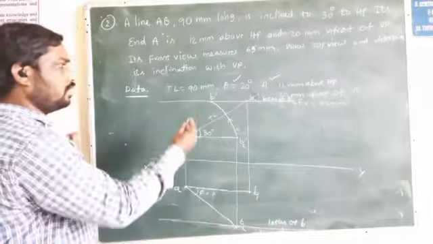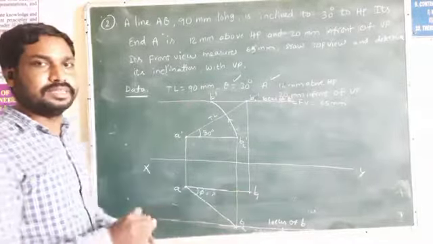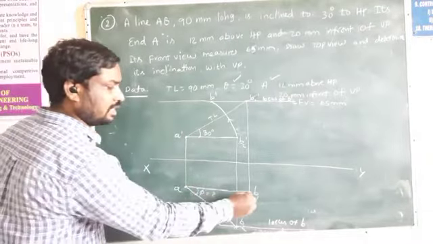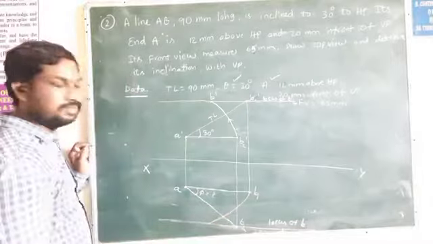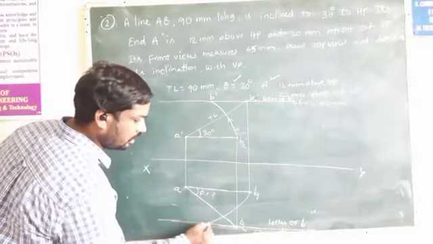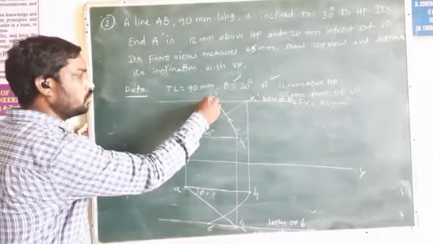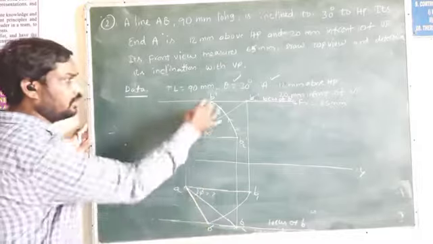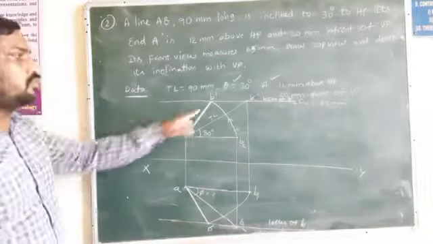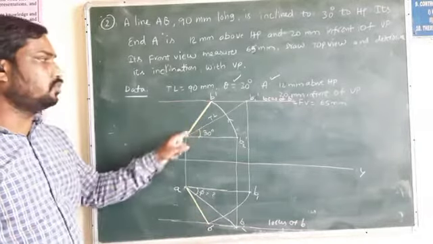Right. Now the next one is A to B1. Take A as center, take the length, and mark it onto the locus of B. We will get the final point. Okay, now join these two, and join these two, and we will get the final front view and final top view. So these two and these two.